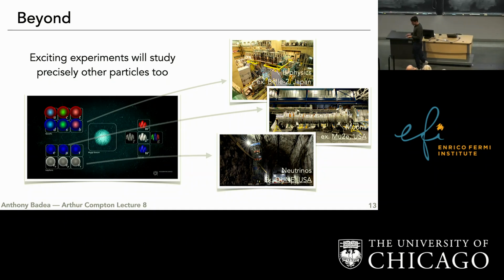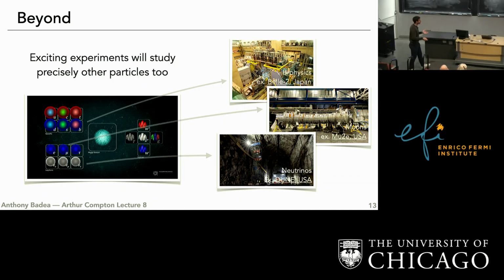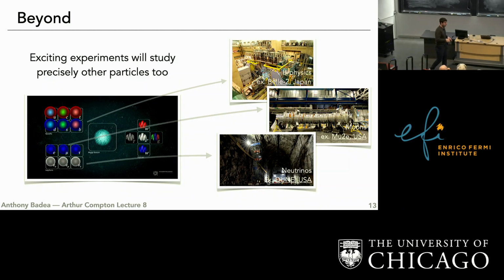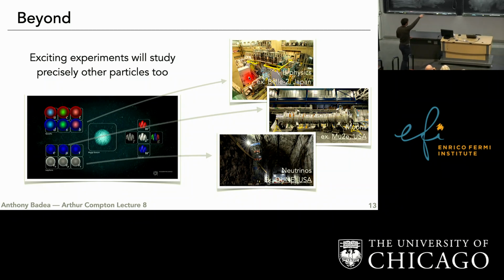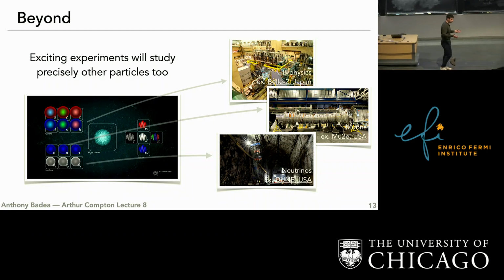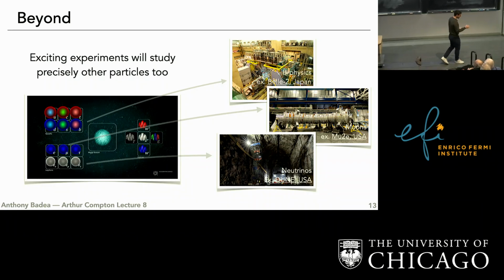And so there's tons of other really exciting experimental programs throughout the world trying to understand the features of all sorts of different particles in here. For example, there are so-called B factories, like this one, Belle 2 in Japan, where they shoot in electrons and positrons, and instead of producing enormous quantities of Higgs bosons, they produce enormous quantities of B quarks. And then they study those B quarks to try to find if there's evidence for CP violation, things that could influence the matter-antimatter asymmetry, all sorts of exotic physics by producing tons of these.